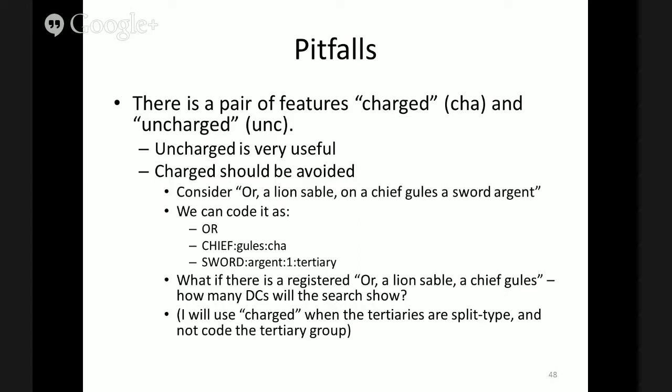What if there's a registered or a lion sable, a chief ghouls? How many mismatches will we get? 1 at least. Will the first line match? Or? Yeah. Will chief ghouls charged match? No, because the chief is not charged. So that charged will give us a mistype. And then there's no sword, so this won't charge. So how many DCs do we actually have? Just the 1 for removing the group, right? Yep. But our system would give us 2. We would not even look at this item, and we would miss a conflict. Okay? This is the reason we don't use charged, because we want